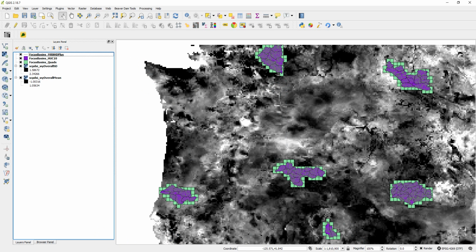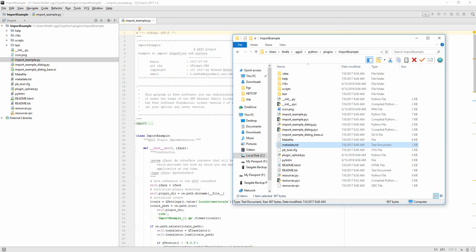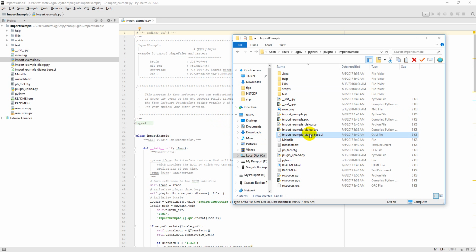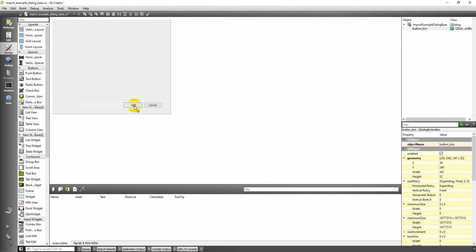So here's the code for our plugin, and I'll just open up our main file here, and then we'll need to open up our UI file with Qt Creator here. Oh, and it has stopped working. Let's see if it will run the second time. Here we go. Okay. So we've got it here, and I'll make this just a hair bigger, move those down there,